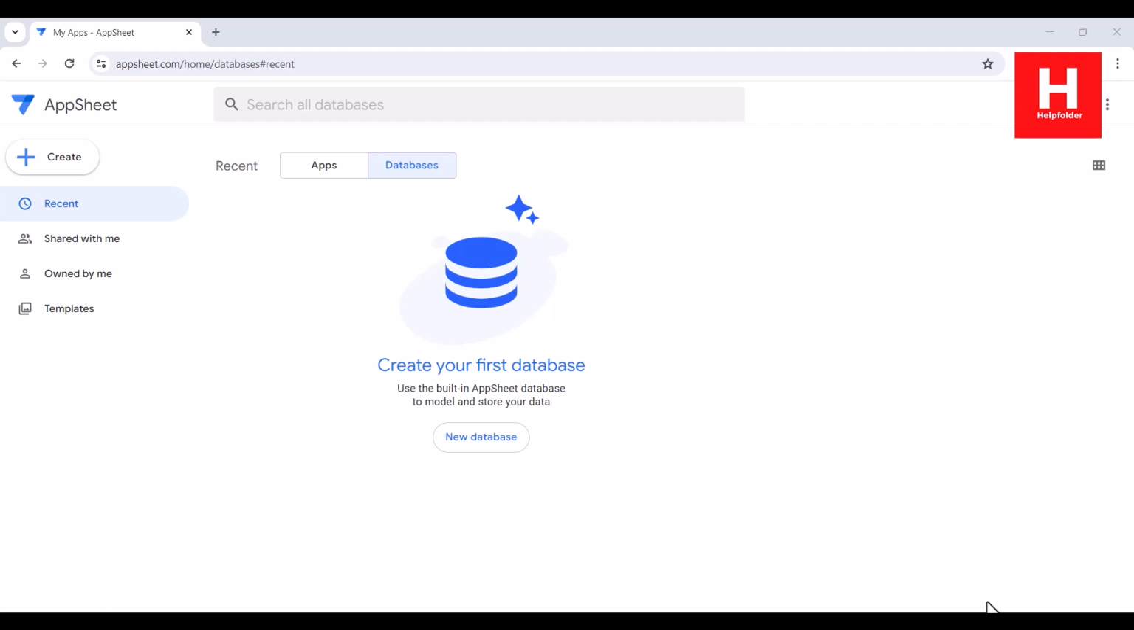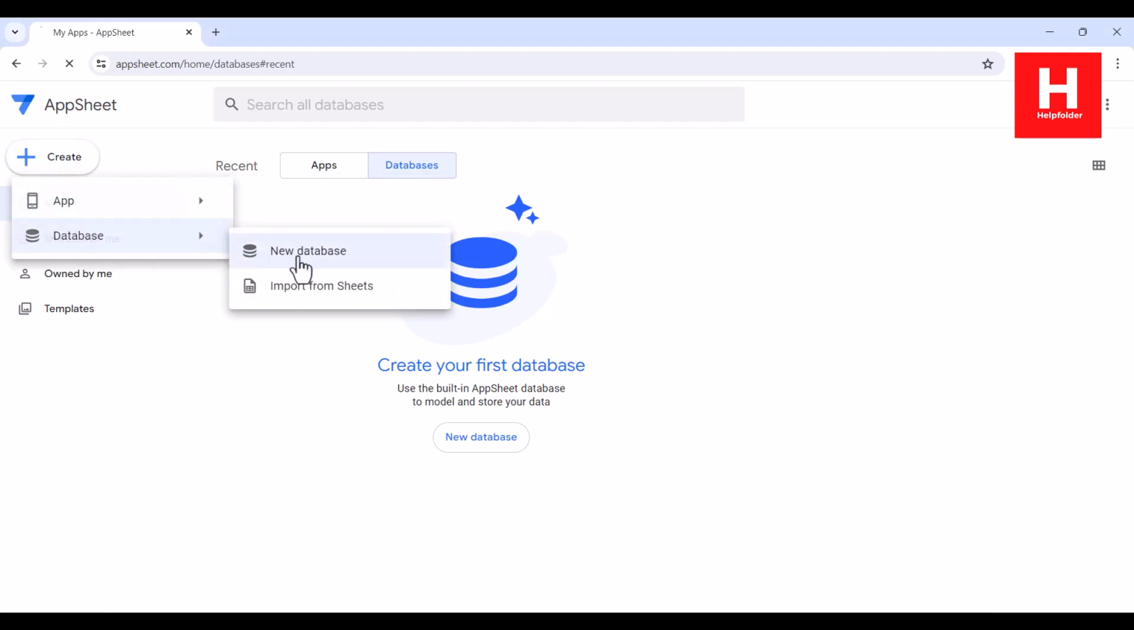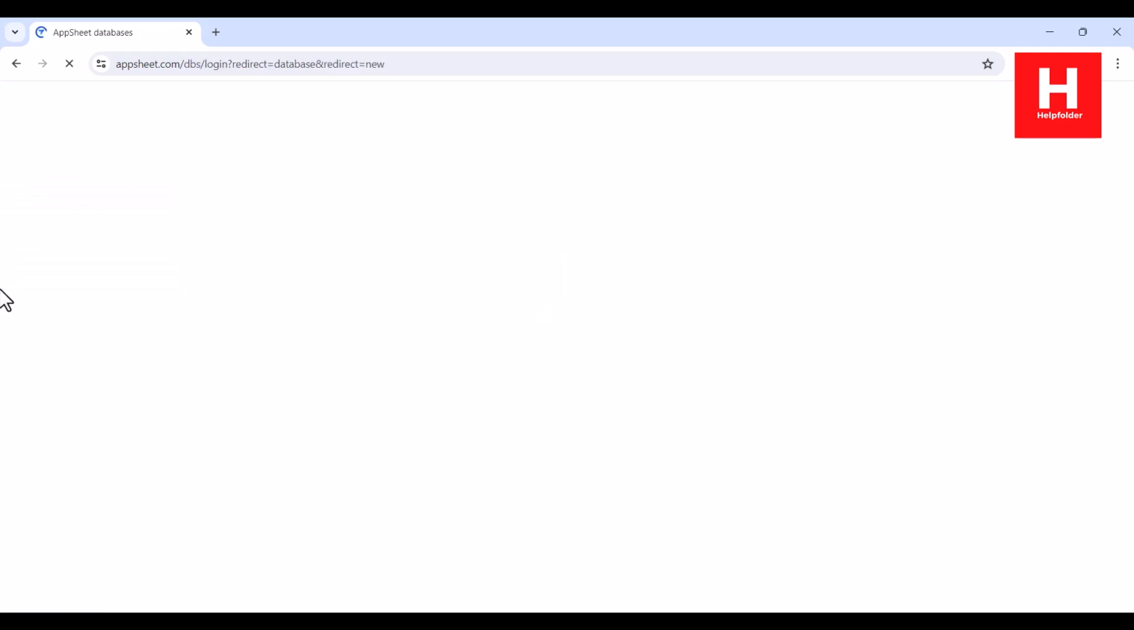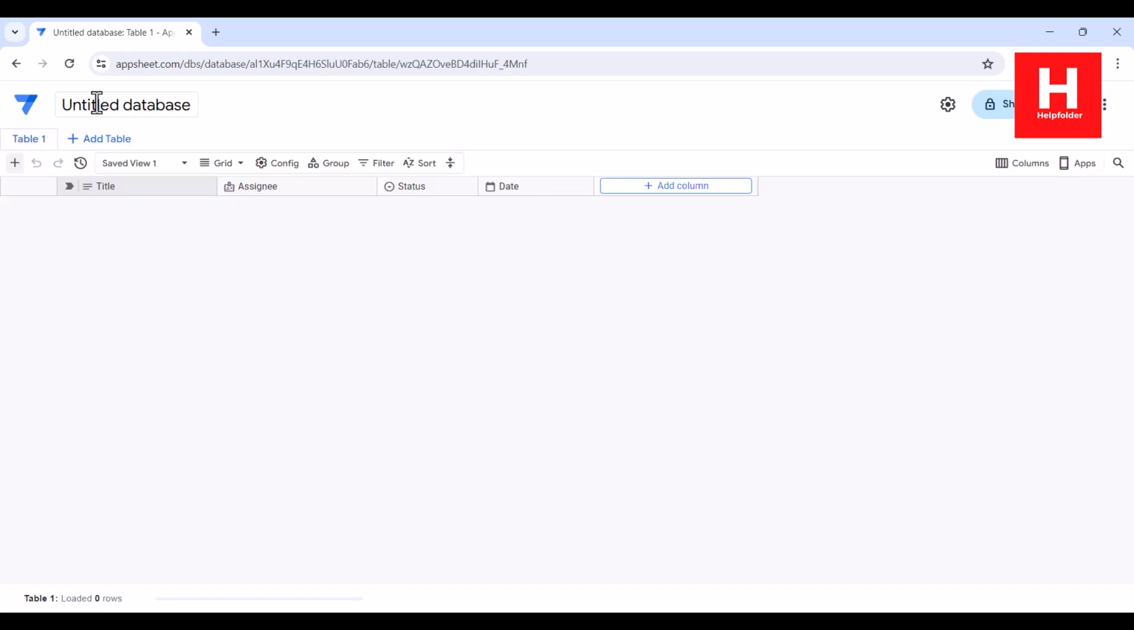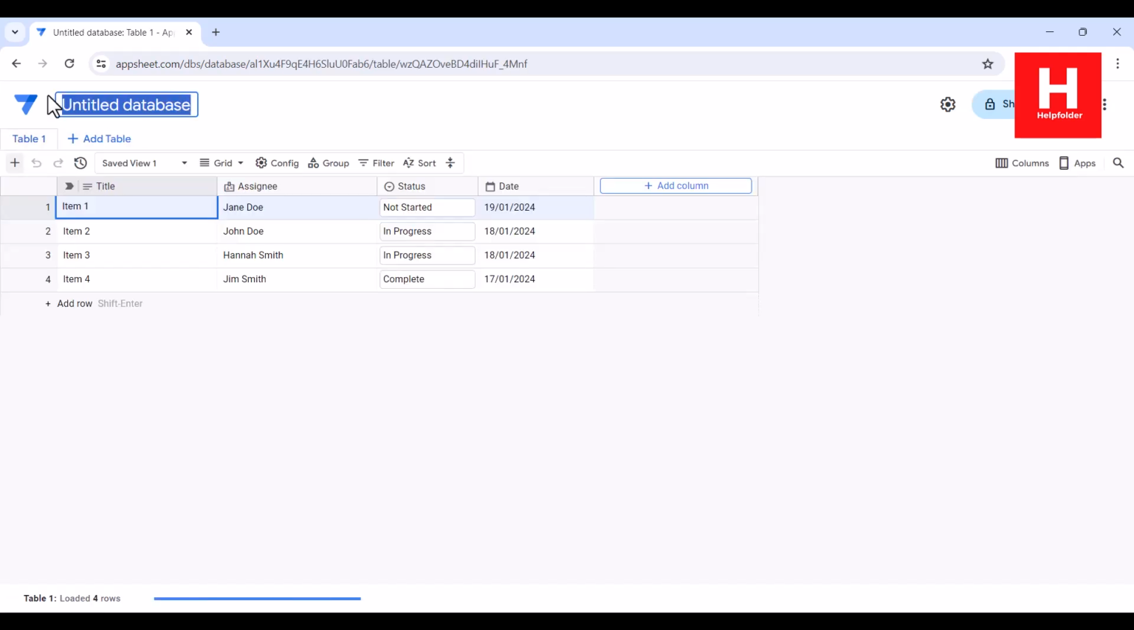Okay, so let's take a look at the sign up sheet tracker here in Google AppSheet. The thing to do here is click on create, then database, new database. I'll be renaming this one from default to MyDB. I will also add a new table,